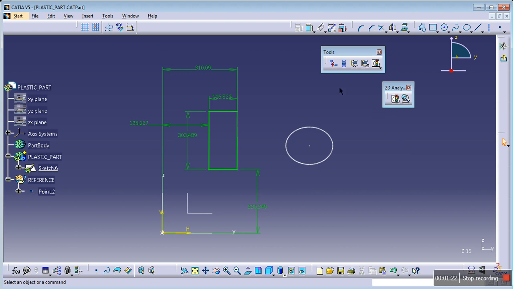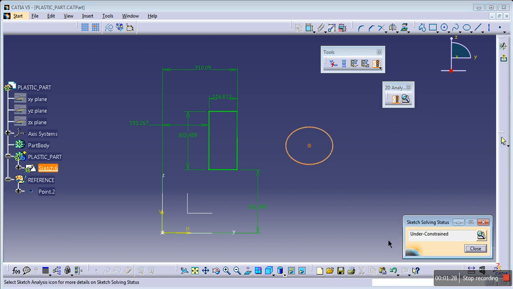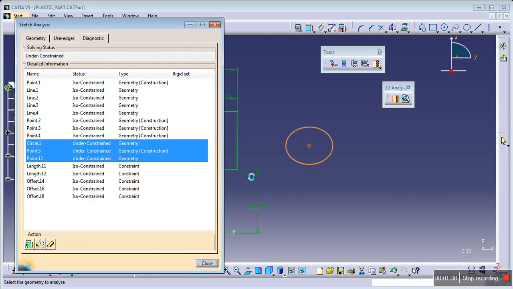In the Sketcher design, go to tools, under tools, 2D analysis, sketch solving status, click on it. In sketch solving status, the status is showing as under constraint, right? So click on the expansion.